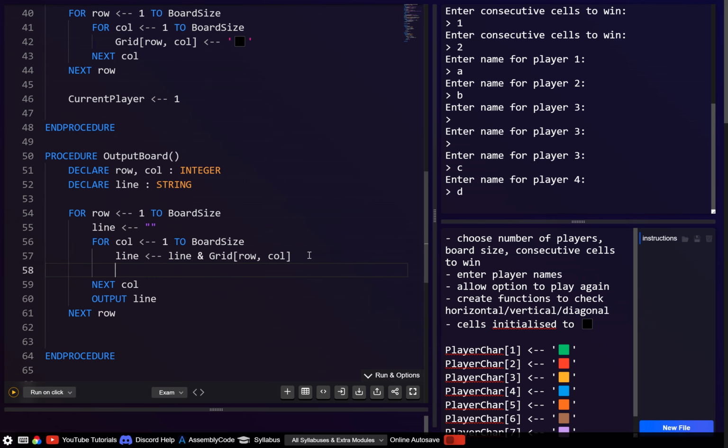So, at this point, the line is going to be just this black square. Then when we loop the next time, let's say player 1 has gone in this position. Of course, we get this one here, in position 2. Because what we're saying is the current line variable, and then we join it